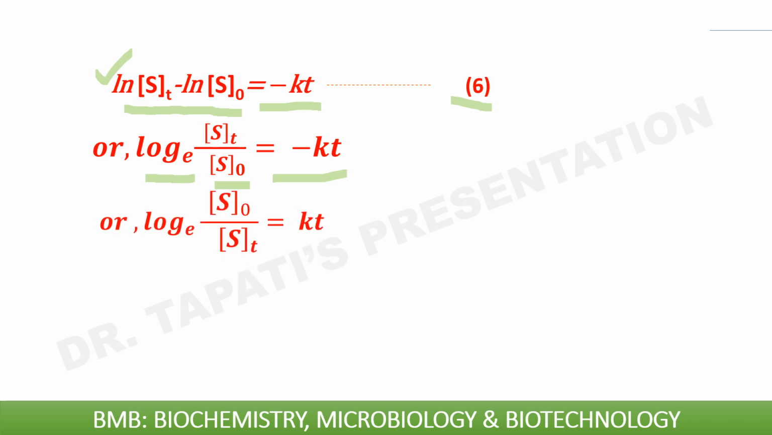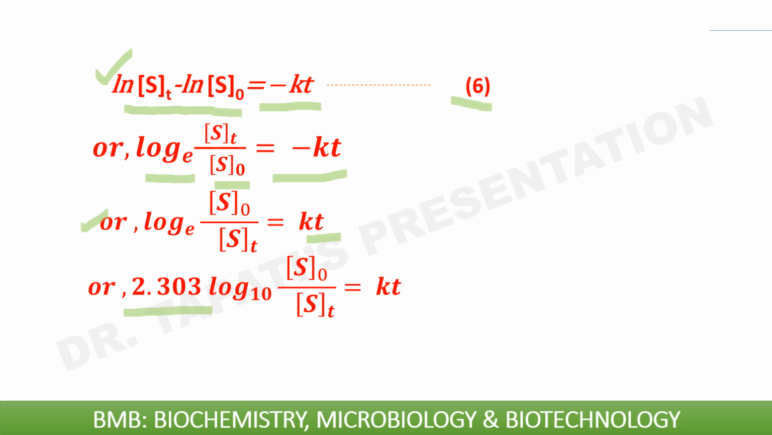Or it can be written as this: log e base S0 divided by St is equal to kt. Or it can be converted to 2.303 into log 10 base. Here base is 10, and in this case base is e. So 2.303 log 10 base S0 by St equal to kt,